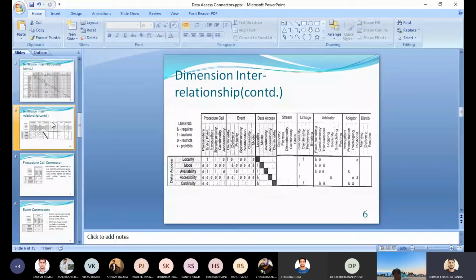Here we can see that the data access connector with procedure call is mainly filled with restriction and caution, so it is not suitable for use with the data access connector. We also see that the event connector is also mainly filled with restriction and caution, and somewhere there is require, that is, data access mode is required with the delivery of event and mode of event. Similarly, we will discuss each as we go through.